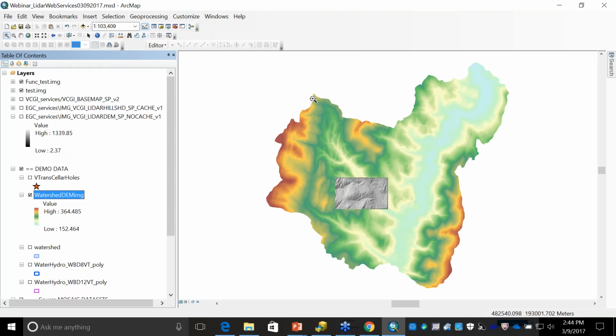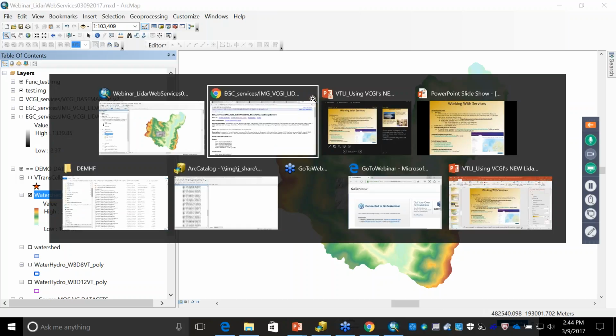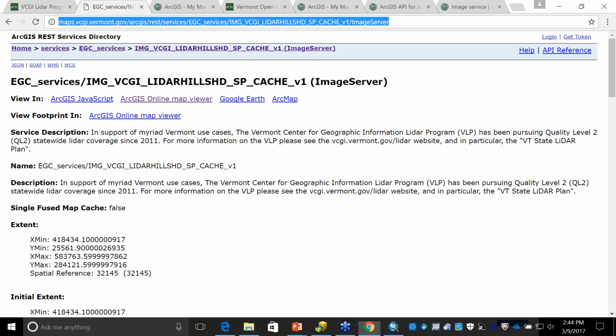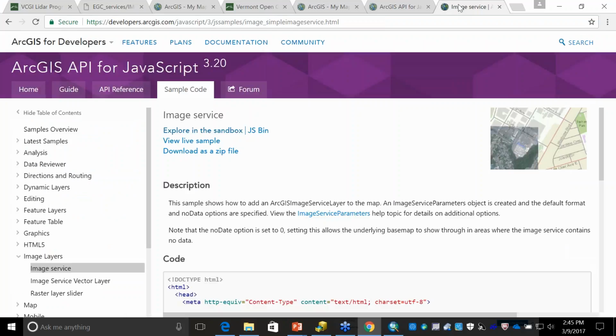There are a couple other things you could do, and when we make the PowerPoint available online, you could open that up, and I've got everything hyperlinked, so you could access some of the help online or do some searching yourself online to find out the other things you could do with image services, but those are the predominant ones. So what I'd like to do now is just do a quick. Let me finish that up by saying,